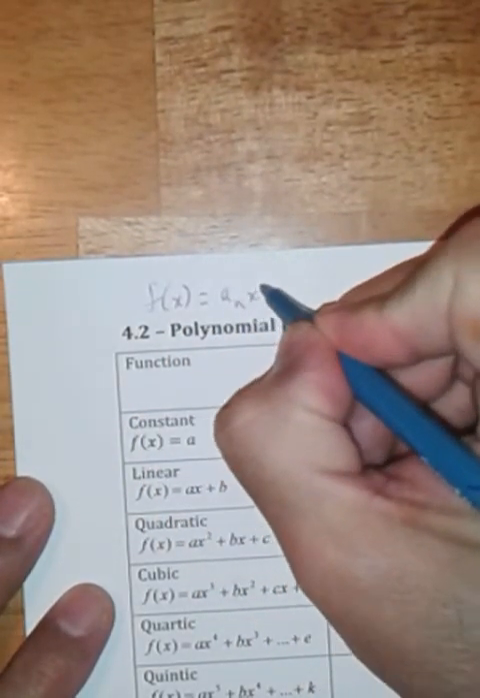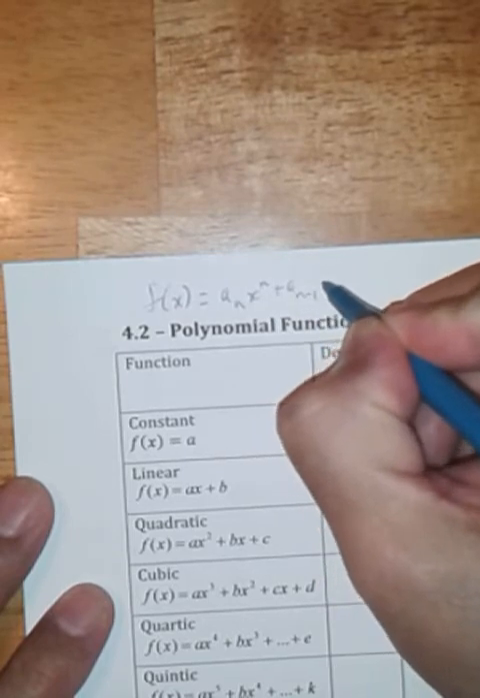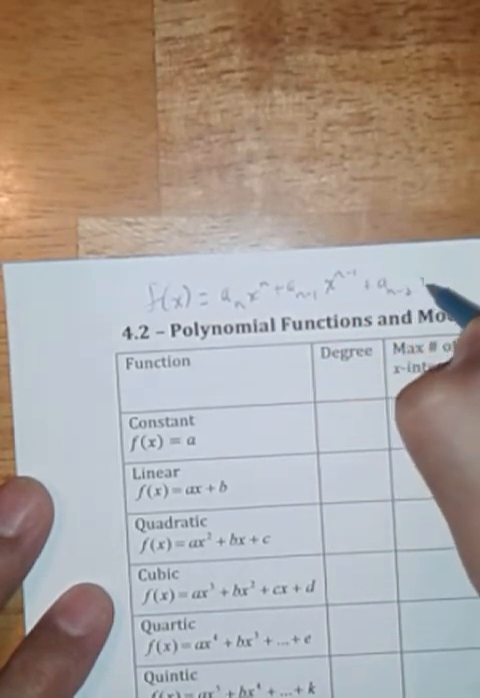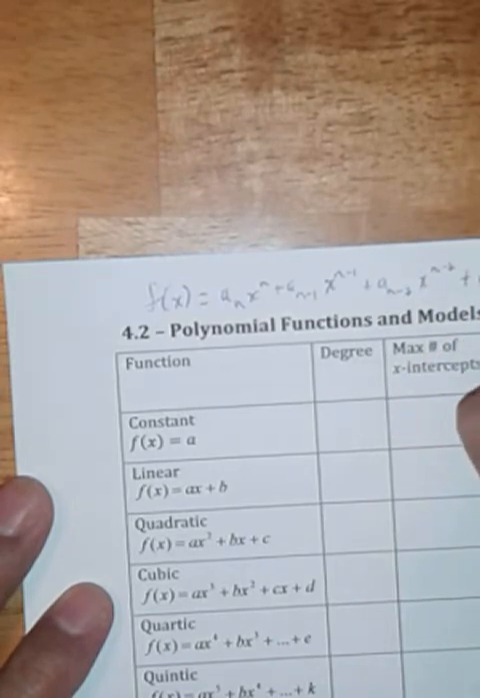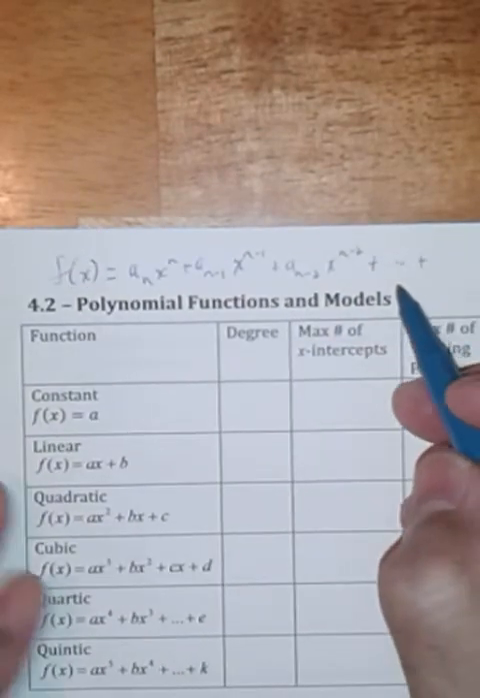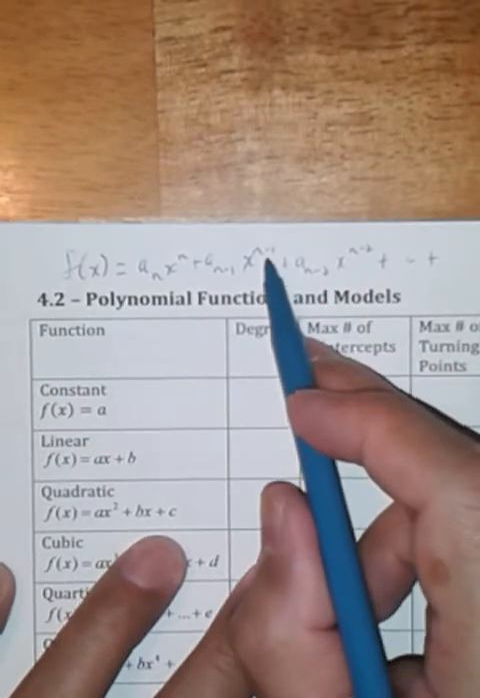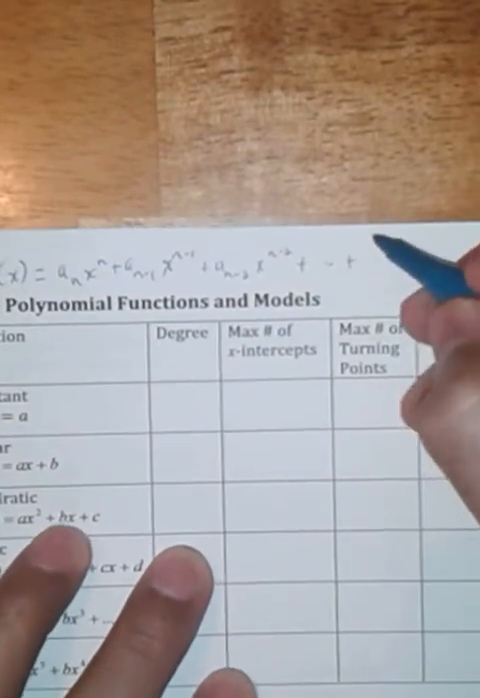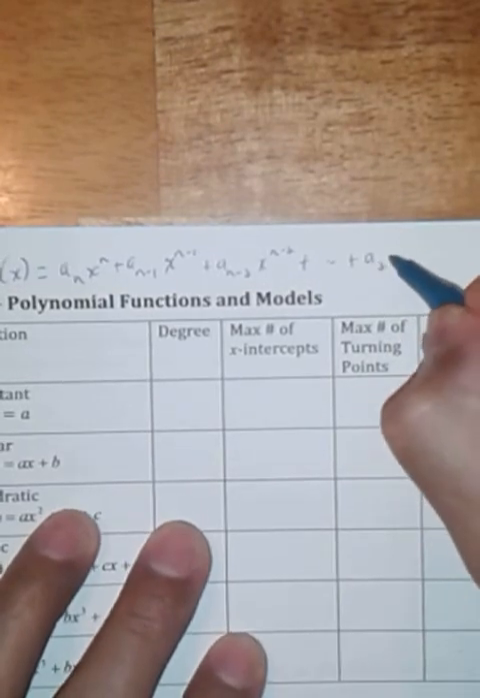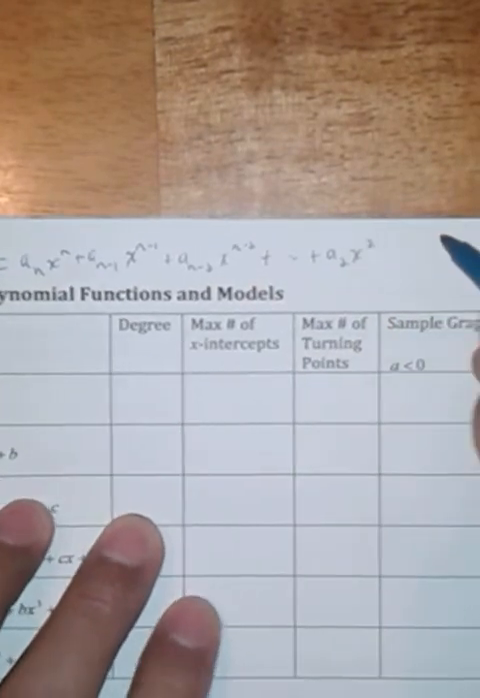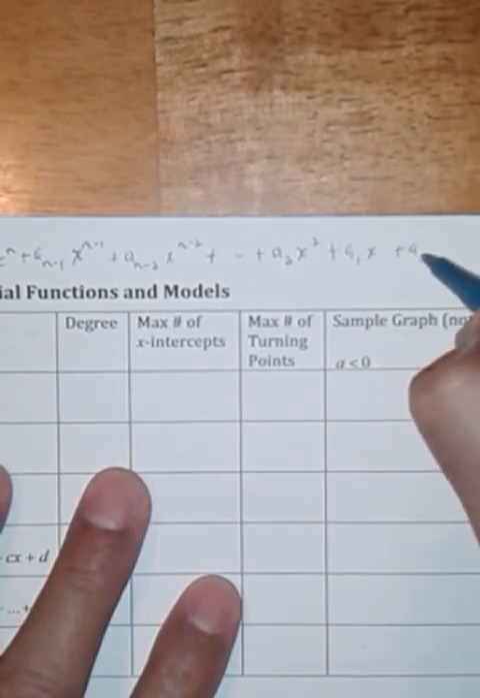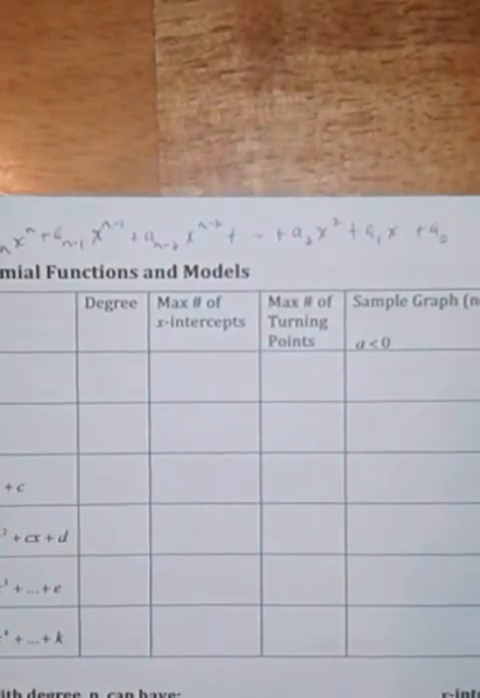equals a sub n x to the nth plus a sub n minus 1 x to the nth minus 1 plus a sub n minus 2 x to the n minus 2, and of course you keep going, plus, and really what you're keeping going is that you're subtracting 1 from the exponent each time, until you get to whatever, you might get to an x squared plus a sub 1 x plus a sub 0, and so at